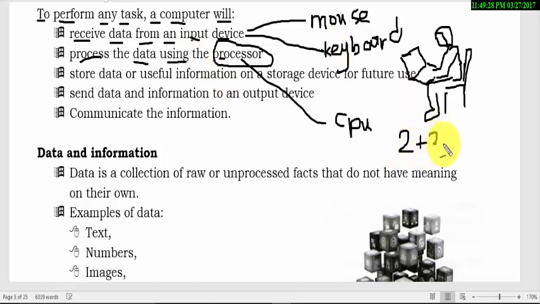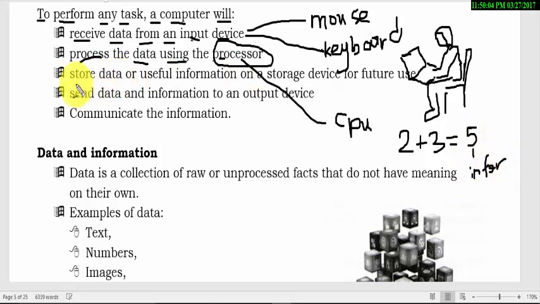For example, 2 plus 3 there, this is data. Okay, so this 2 has been entered using the keyboard. The plus has been entered using the keyboard, which is an input device. 3 also has been entered using the keyboard, which is an input device. Then equals, we are also still using the keyboard. But when pointing and selecting, here we are using the mouse. So this is what we call data. Now when this data is processed, it is going to give us the answer, which is 5, which we call information. Okay, students, this is what we call information.